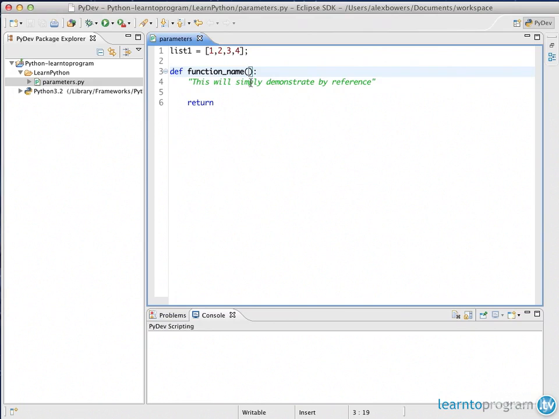So if we just add the list now to this, so I'll just do list 1, and that's added it as a parameter now. So we're passing that in, and actually I'll just call this lists to show you that it differentiates from the previous one. And if I do lists.append, which is a function which is allowed for lists and not for other types of arrays within Python, and if we now just append 5, 6, 7, 8, so as you can see, if I was to print out